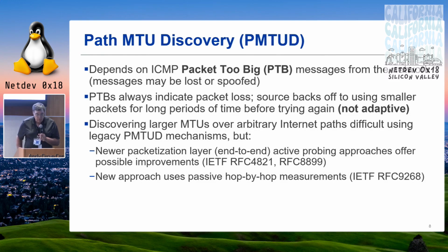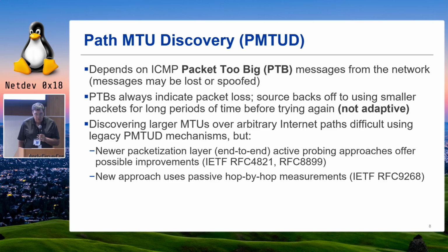The problem with path MTU discovery is that it depends on ICMP packet too big messages from the network, and they can be either lost or spoofed. So we can't rely on getting the path MTU discovery messages that we need. Packet too bigs always indicate packet loss. The source has to back off to using smaller packets for long periods of time before trying again, and that's